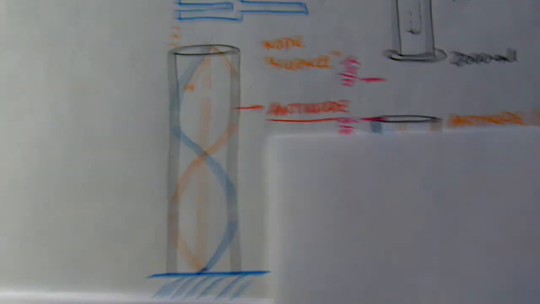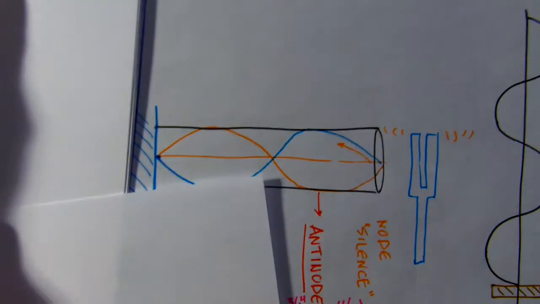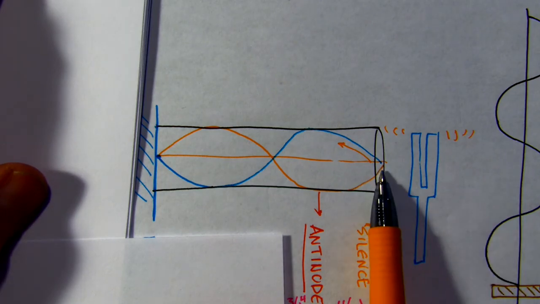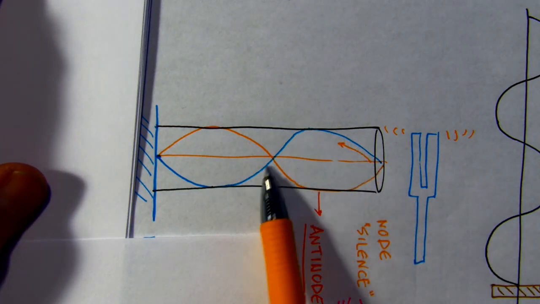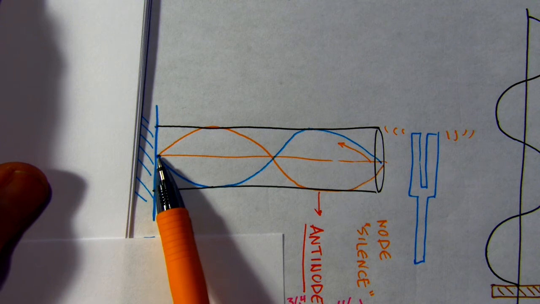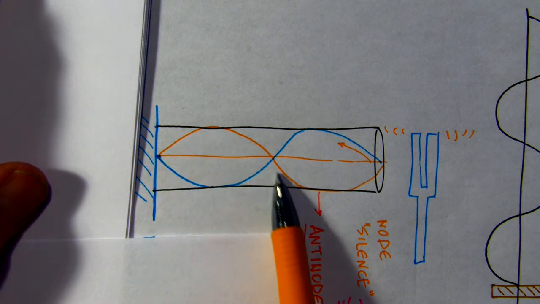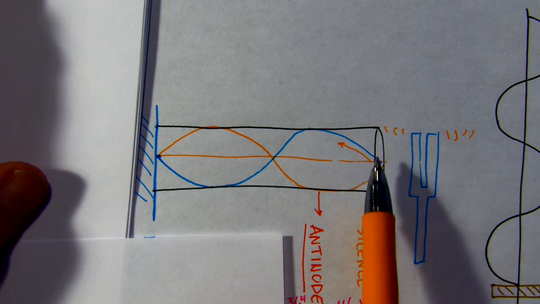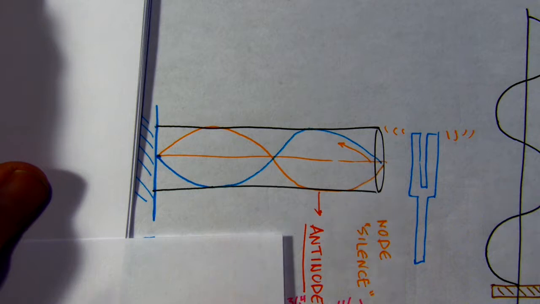It comes back. In fact, we could do this, right? We could just turn it sideways. And what happens? You have a node, antinode, and so on. It hits this barrier, in this case water, bounces back upright and returns. Okay? But if these two here, this is a node and this is a node,